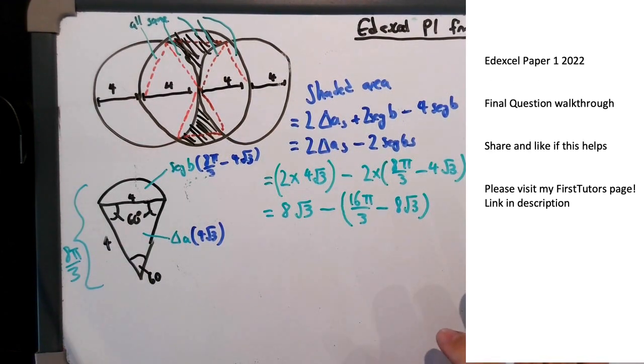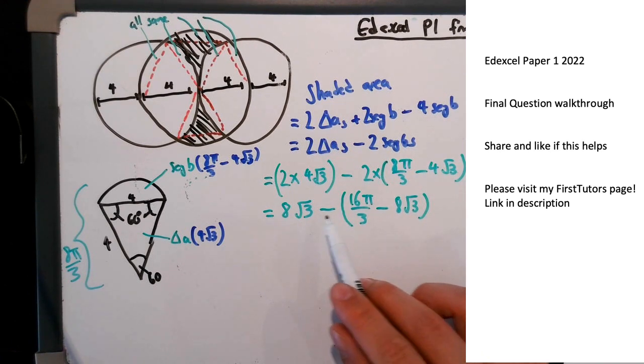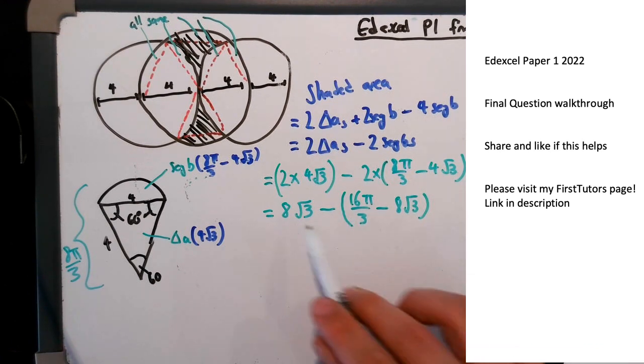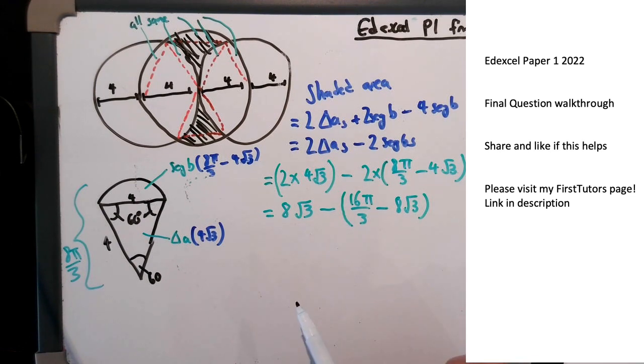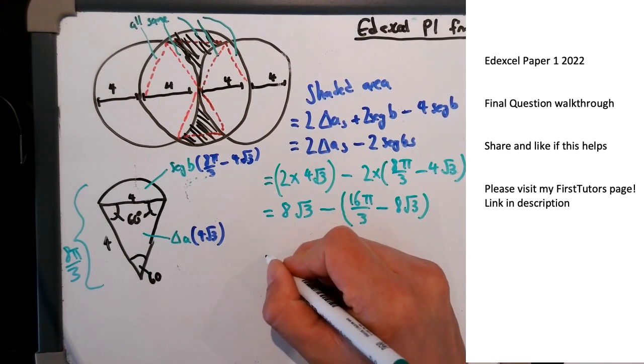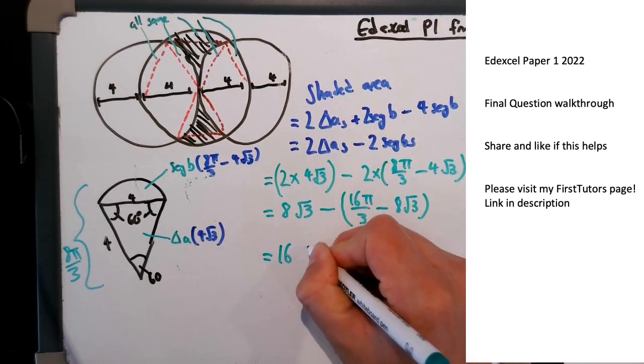Now, just a little bit of caution here. You could have made it this far, but you could make a slight silly mistake here. We've got 8 root 3, and inside the brackets, minus 8 root 3. You might intuitively just go, okay, plus minus to cancel out. But it's actually a double minus, so it's actually 8 root 3 plus 8 root 3. If we write the whole thing out, keep the 8 root 3's together, so we get 16 root 3